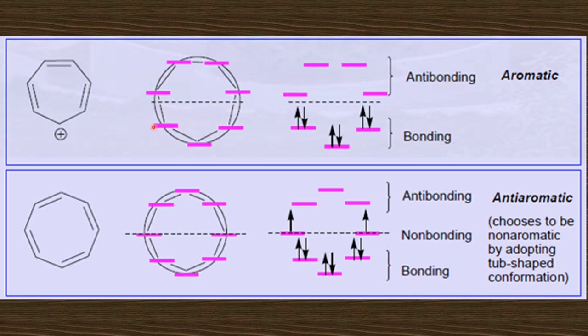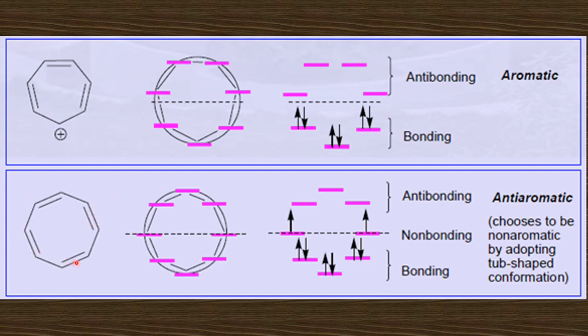Now all those molecular orbitals which are below this horizontal line are called bonding pi molecular orbitals, and these four are called anti-bonding pi molecular orbitals. Now in all these 7 p orbitals we find only 6 pi electrons, and all these 6 pi electrons will occupy these bonding molecular orbitals. So these bonding molecular orbitals are completely filled, and hence this system is aromatic. Let us move on to the next system, that is